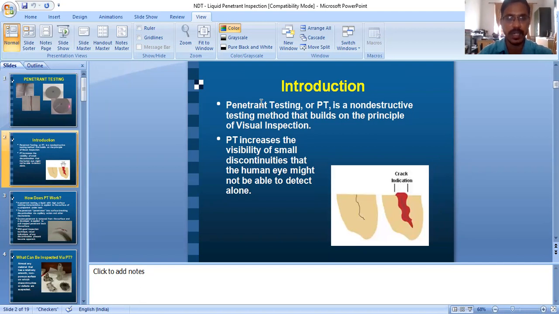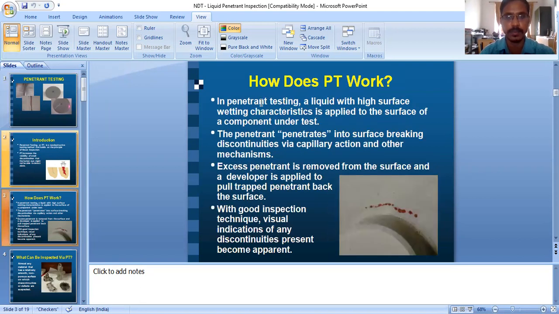The defects which are not visible to the normal human eye can also be made visible by application of the penetrant material. See, in penetrant testing, a liquid with high surface tension and surface wetting characteristics is applied on the surface of the test piece. When sufficient time is given to the penetrant material, it penetrates into the cracks or discontinuities on the surface.